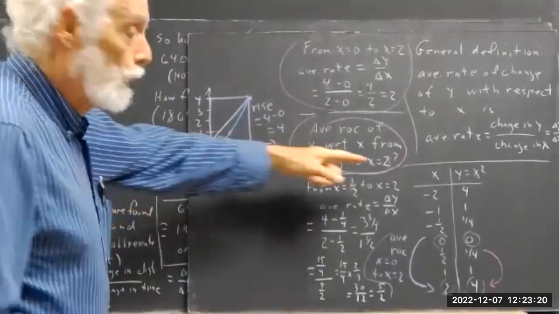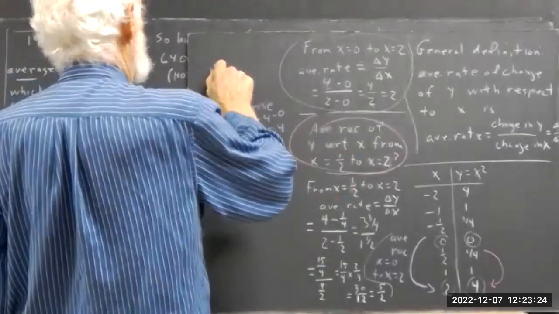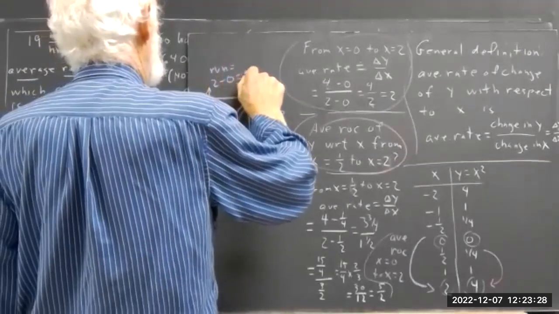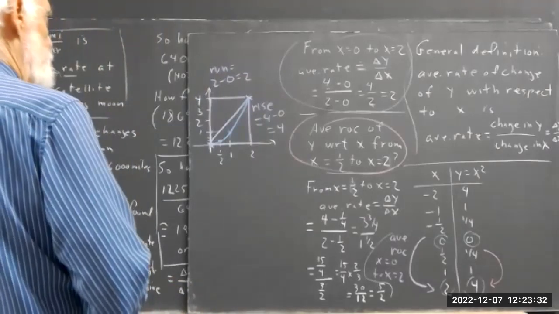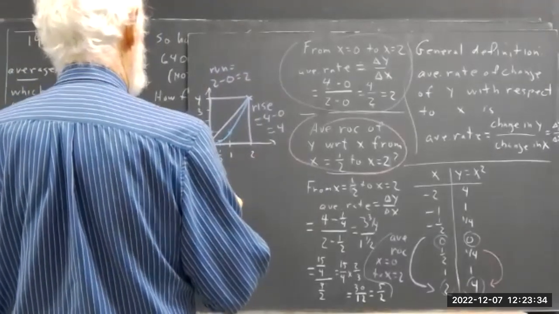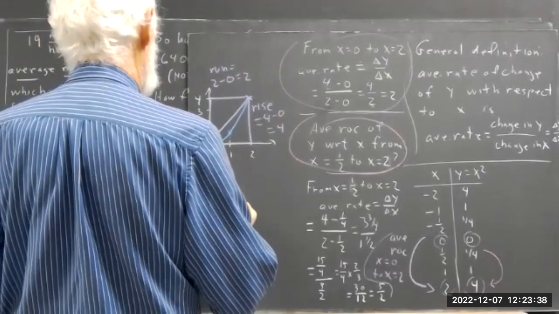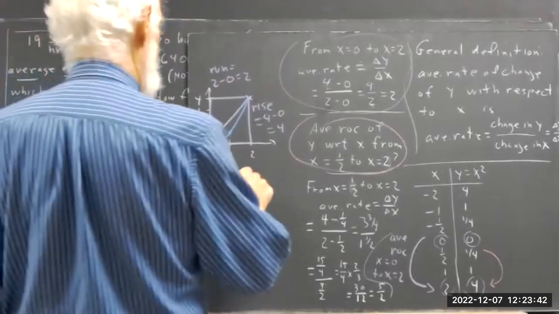And how far do I run in the x direction? 2 units. What do I get? If I divide rise by run, I get 4